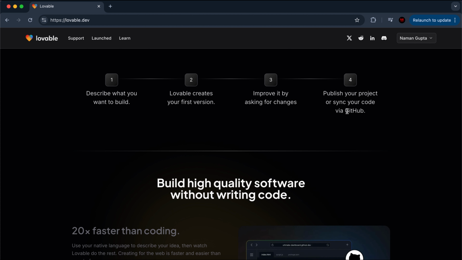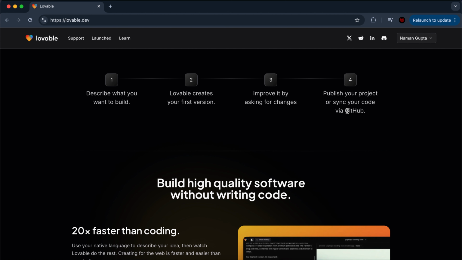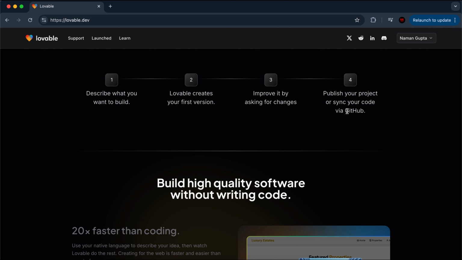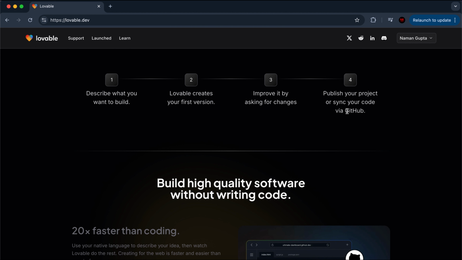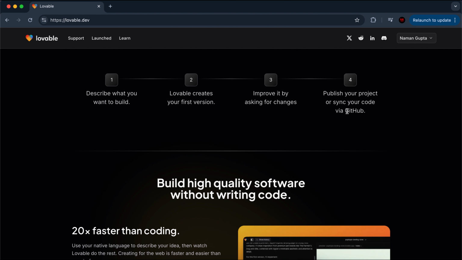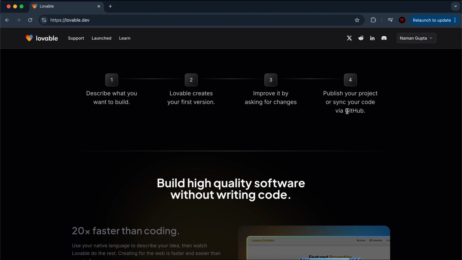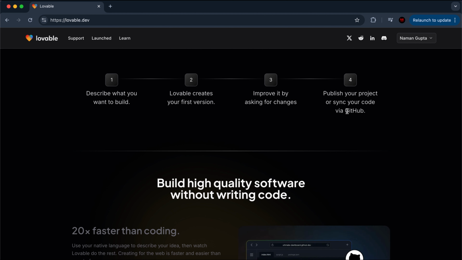So where's the gap here? Where's the gap in the economy where you can utilize that and exploit that gap to make money? Well, the gap lies in time. For example, if somebody is hiring a developer, a manual developer, to build an application or a website, that manual developer would have to spend a lot more time than you would. According to Lovable, what they would build in 20 hours, you can build in 1 hour using Lovable AI, and